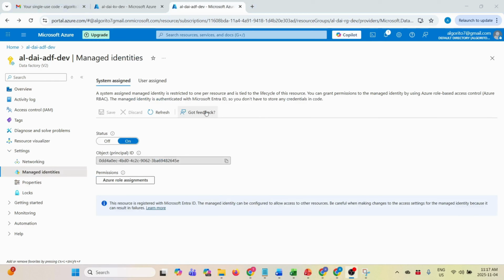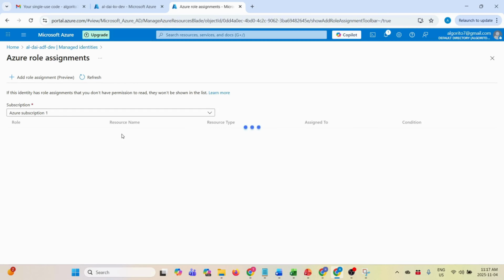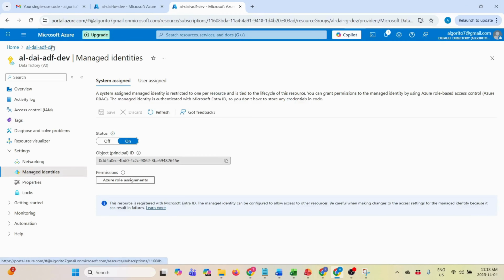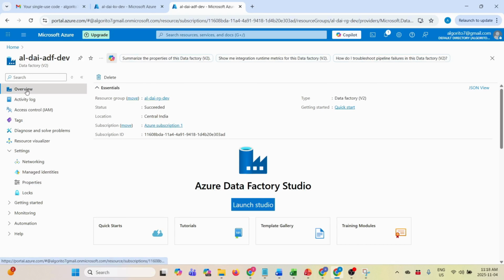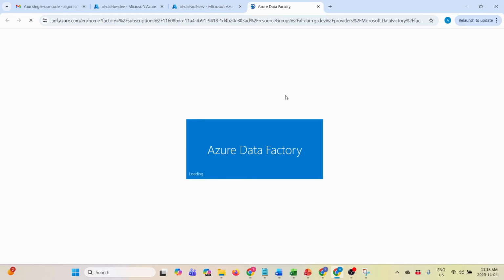So before that, let me come back here, and this is my Data Factory. This is my Algorithm DIA ADF dev. If you go to Azure role assignments, you can see that the Key Vault Secrets User role is assigned to this data factory. Let me go to the Overview tab so that I can launch the Azure Data Factory Studio